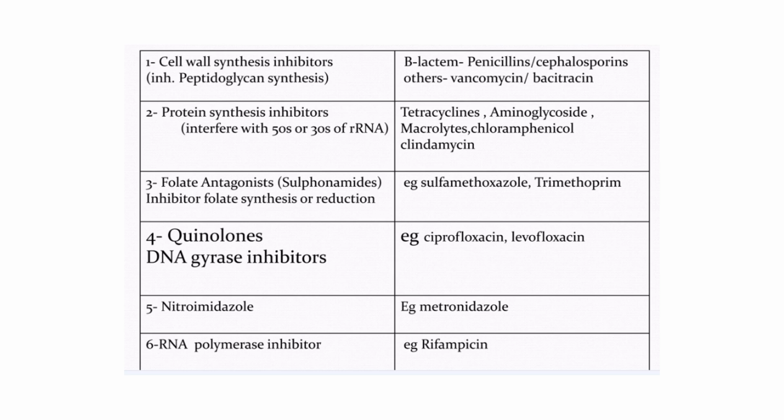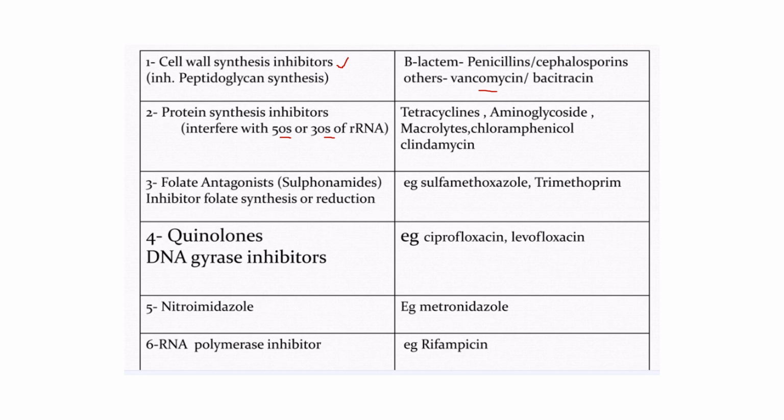You can just remember this because I have seen some questions on the mechanism of action of some of the antibiotics. So cell wall synthesis inhibitors are usually given for gram-positive organisms which have a peptidoglycan cell wall. So that is penicillin, cephalosporin. Others like vancomycin, usually given for MRSA, then bacitracin. Then protein synthesis inhibitors, which interfere with either the 50S or 30S of ribosomal RNA, which are tetracycline, aminoglycoside, macrolide,